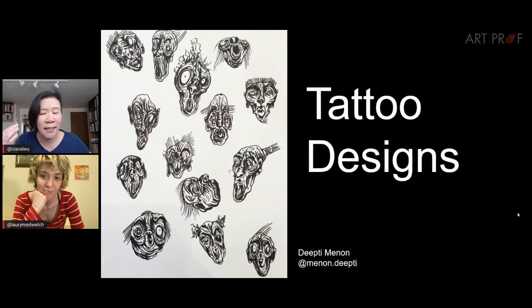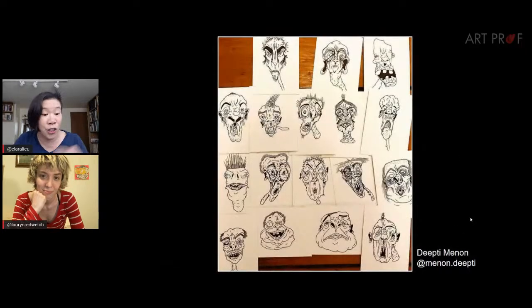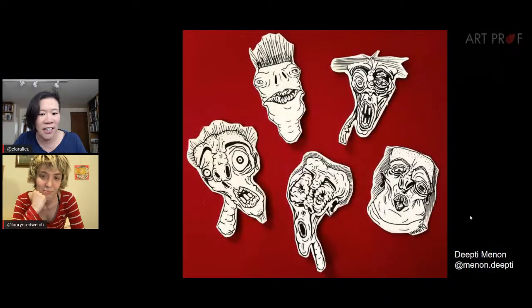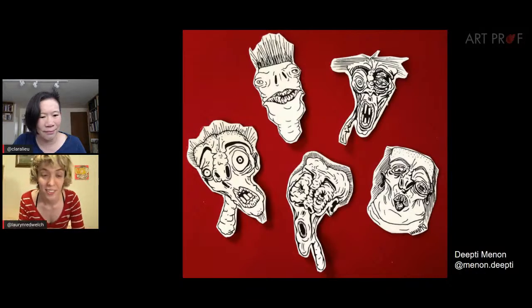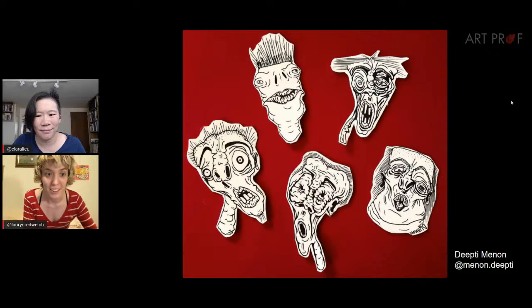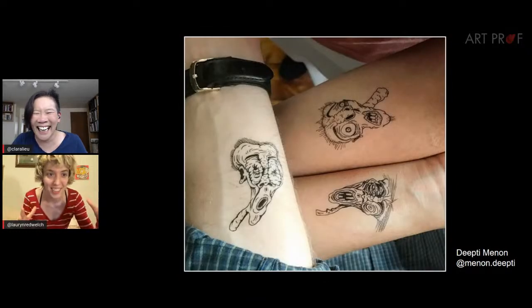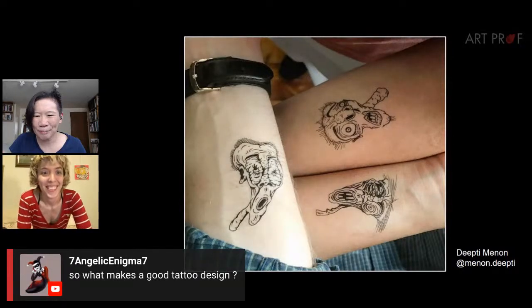And a lot of drawings begin as drawings. And then as you can see here, Deepti had this sheet of faces that she created just as drawings, but eventually she turned them into temporary tattoos. I mean, these are so cool, Lauryn. I love them. I think that's such a good idea because I definitely hadn't thought of these originally as tattoo designs. And then having them as a little temporary tattoo just brings it into a whole different world. Now you can make the faces animate a little bit because your body's kinetic. You can squish them and you can extend them and you can make them bulge from your muscle. Just think it's really cool.